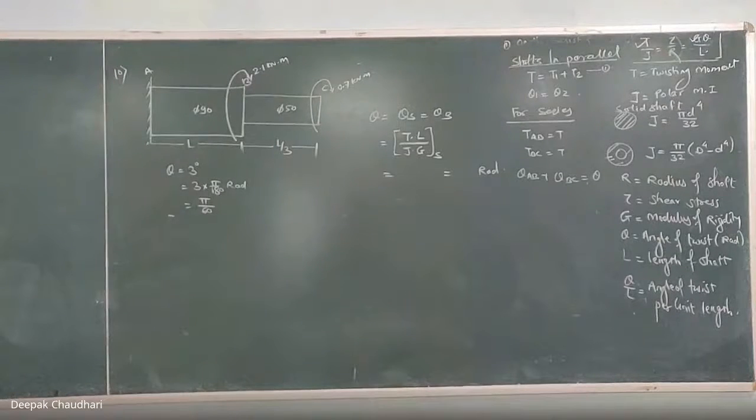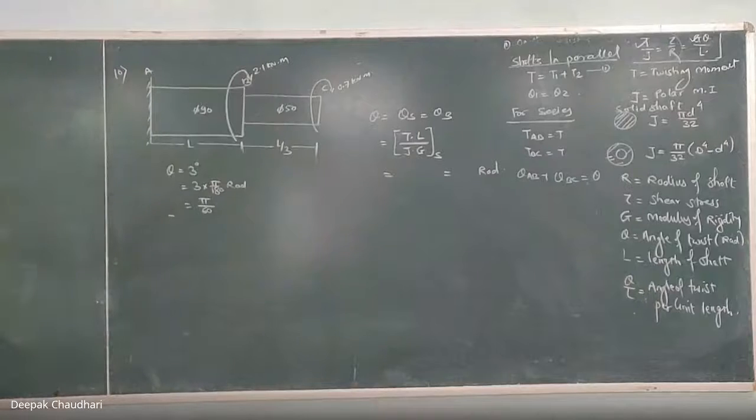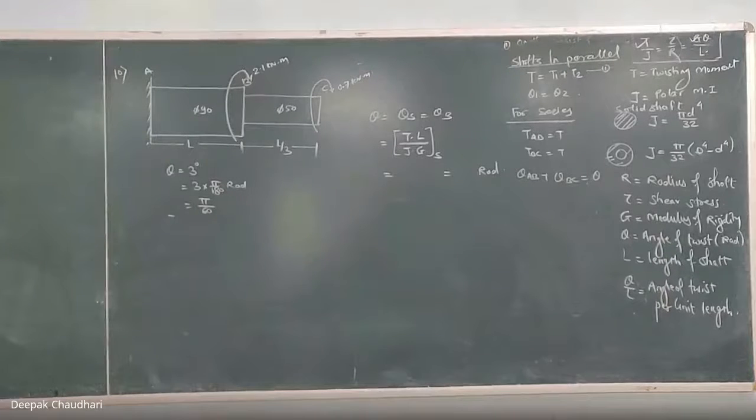Unmute and tell me. Which stresses will be induced in AB and BC? In the question it is asked to calculate the stresses. So tell me which type of stresses will be induced in AB and BC. Type of stresses. I'm not asking you the answer, I'm asking you just the type of stress. Nobody knows which type of stresses are induced because of torsion? Shear stress. Then why is this much time required?